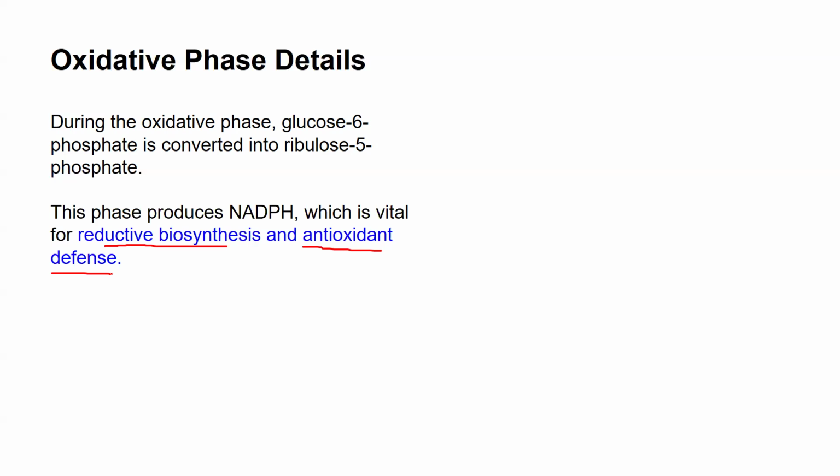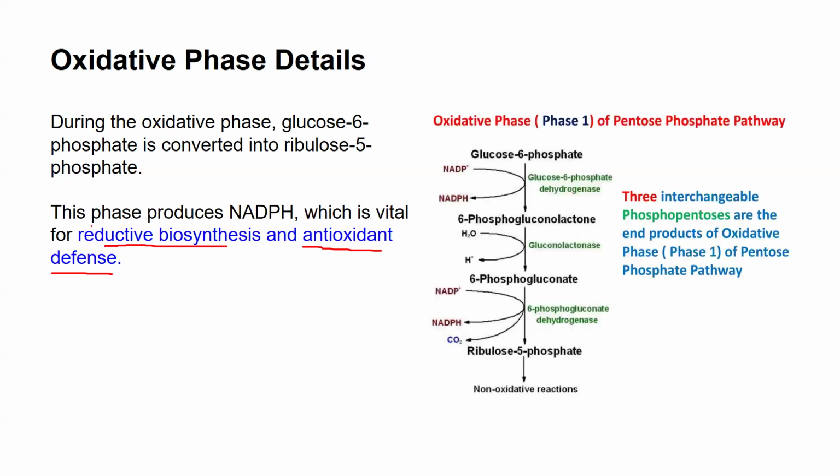So one of the very important roles of this NADPH generated is that it serves as an antioxidant in order to prevent oxidative stress. So this is the pathway. As we started the discussion, we have 3 interchangeable phosphate pentoses. So as we can see, ladies and gentlemen, we have glucose 6-phosphate, which is converted into